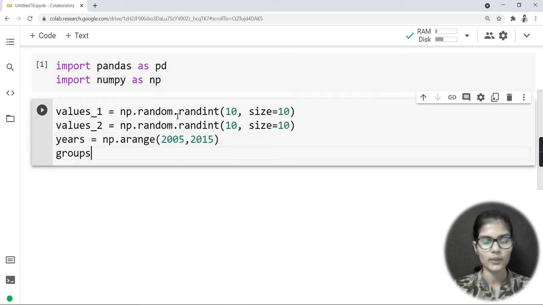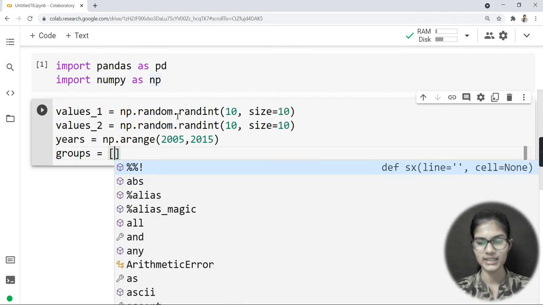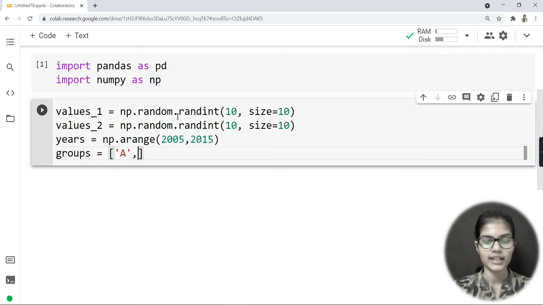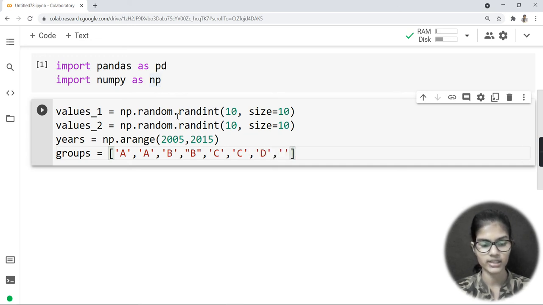Now next I have another column, and that is groups. In this group basically I would be giving some A, B, C, D type of values. So here let's say I would write A, again I would put a comma, A, and then I would write B, again B. Oh, okay, this is the capital one, right? And again let's say I would write C. One more time I would add a comma, D. And here I would again put a comma, and again write D. And again I would write A.